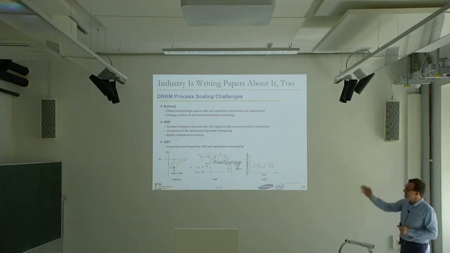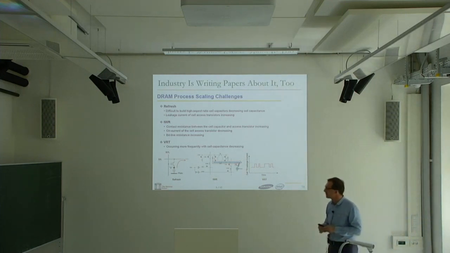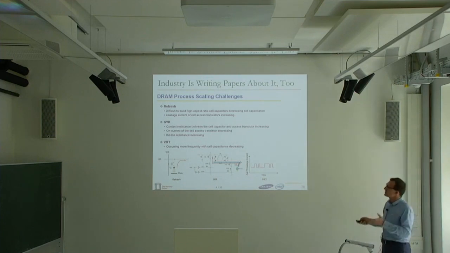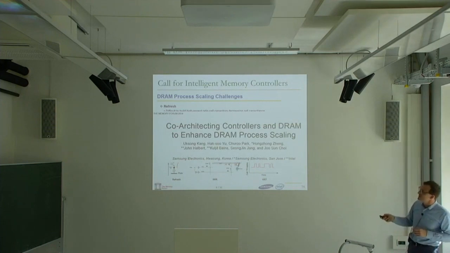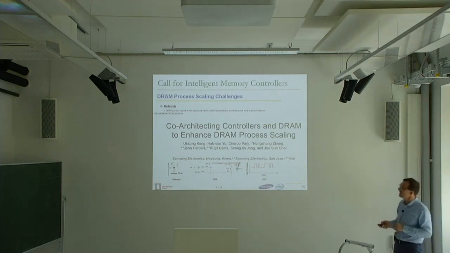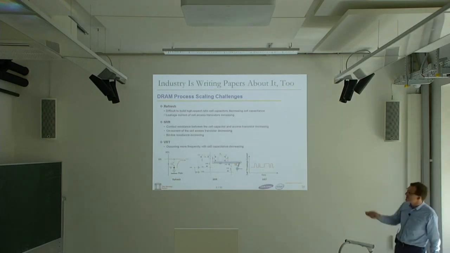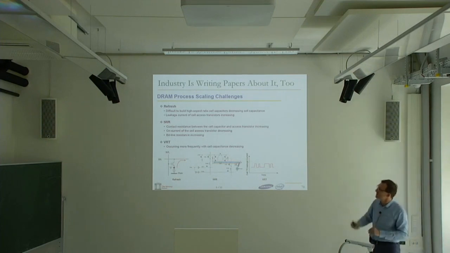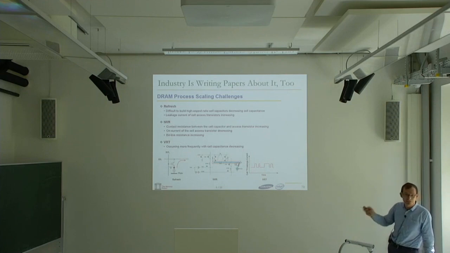Basically, these two companies, they were very gracious to come together and write a paper in the memory forum we organized in 2014. Essentially, these are folks from the DRAM design team at Samsung and memory design team, memory controller team at Intel. And basically, they said that DRAM memory scaling is becoming challenging because we have significant problems with refresh. Write latencies are increasing because the resistances of the transistors are increasing, as you can see over here. And we're having a lot of difficulty determining the retention time of a cell. That's the variable retention time problem, which we were going to focus on more.